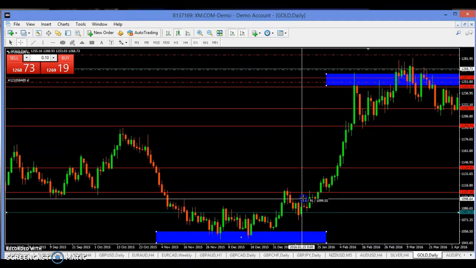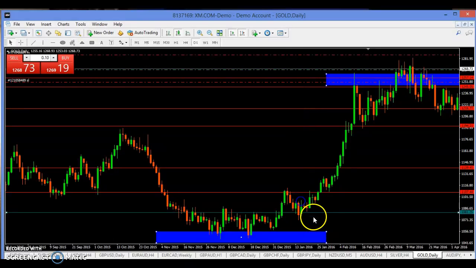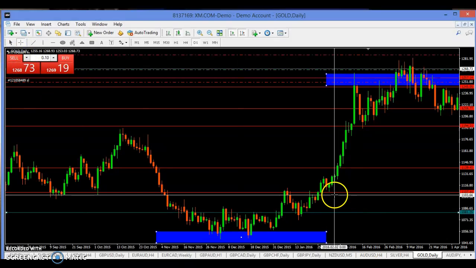So as soon as I put my buy stop here, I need to be patient. The first day, this is the first candle, it will not trigger our stop. I will not bother. The second day, it will not trigger our stop still, because our buy stop is still here. I will not bother. But the third day, you can see it triggers our stop. Immediately it triggers our buy stop, it started going in our favor.